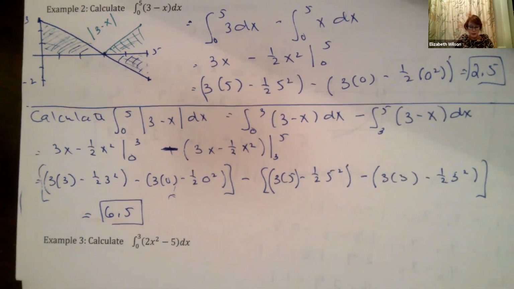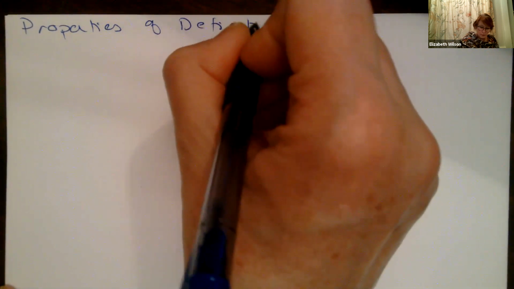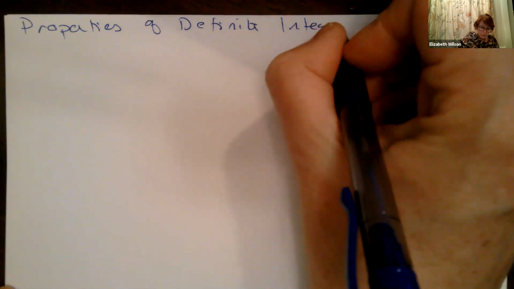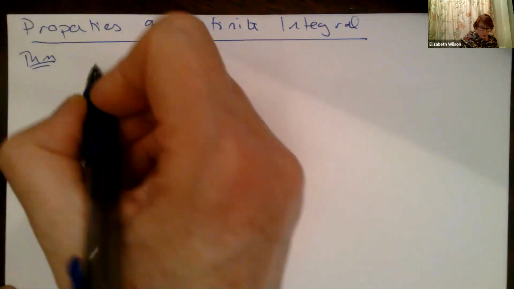Okay. All right, so let's talk about some more definitions. There are a lot of definitions. So some more definitions. We'll talk about properties of a definite integral. So properties of a definite integral go like this. It's theorems. A theorem,